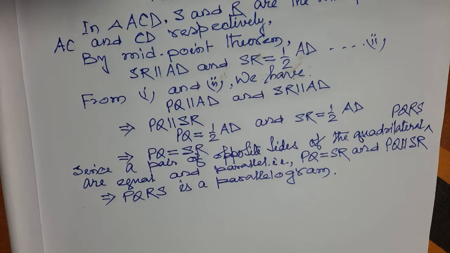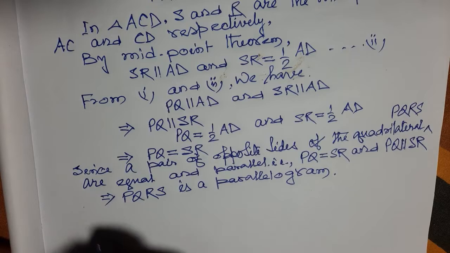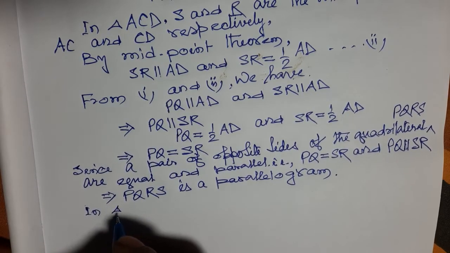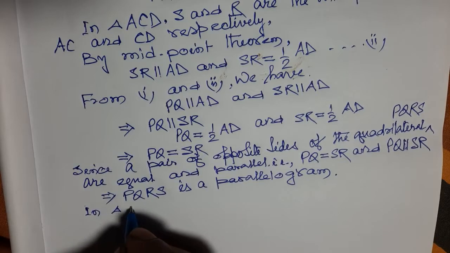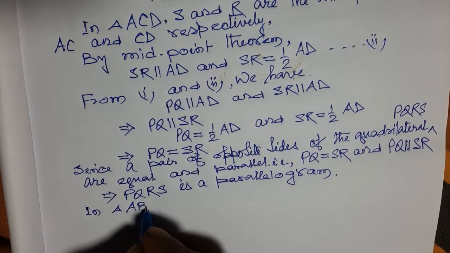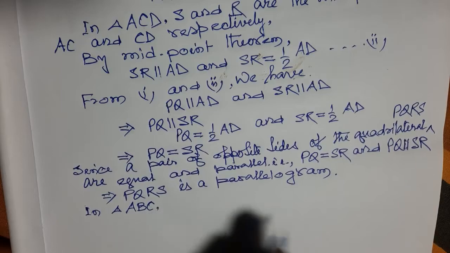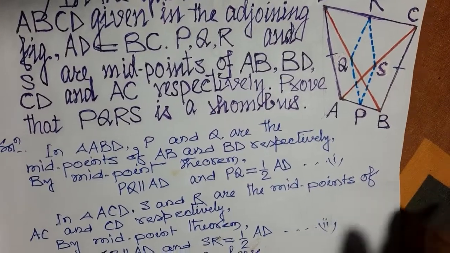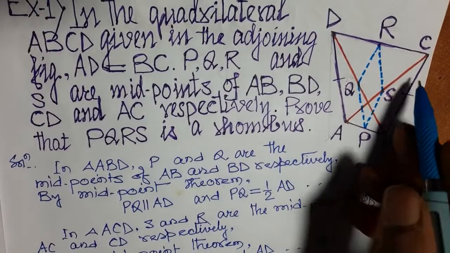If the adjacent sides of the parallelogram are equal, then it becomes a rhombus. Now in triangle ABC,